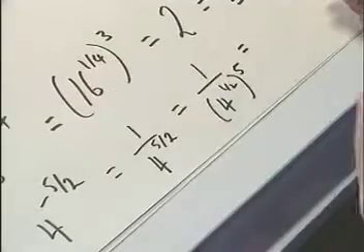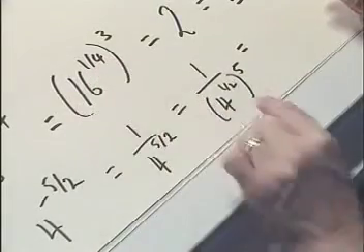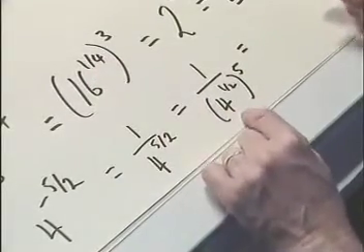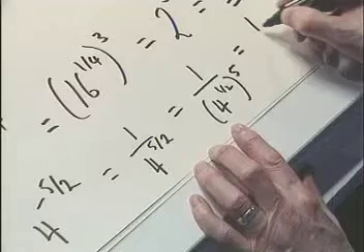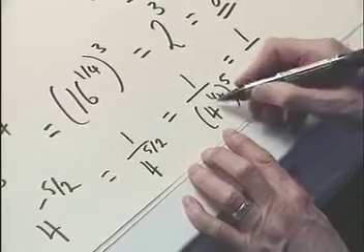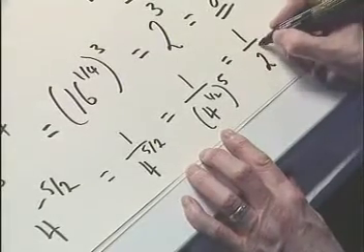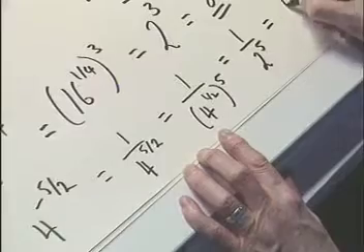Notice each time I'm doing the root bit first. The 4th root here, the square root here. That's because by doing the root I get the number smaller, I can handle the arithmetic easier. So this is now 1 over the square root of 4, which is 2, raised to the power 5, and that's